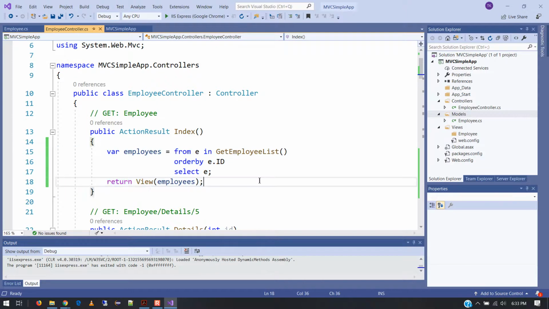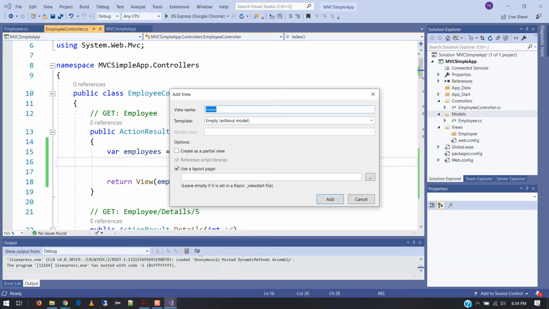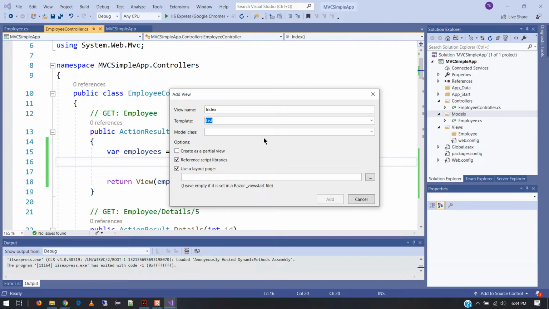All right, you're going to get this secondary dialog that comes up, and here's where we start to, once again, make some different selections. We are going to leave it as an index view. Okay, that's going to stay the same. The template that we're going to choose is a list, meaning that we're going to list out the data that we have in our data structure. Okay, but then we get to choose a model class